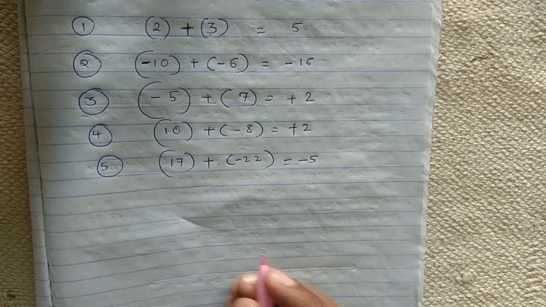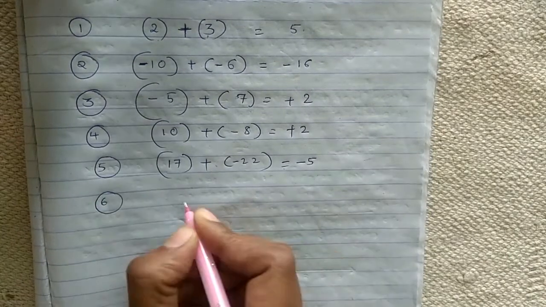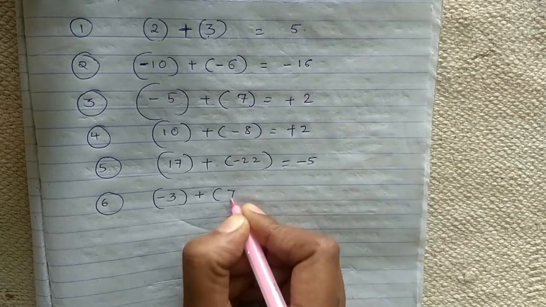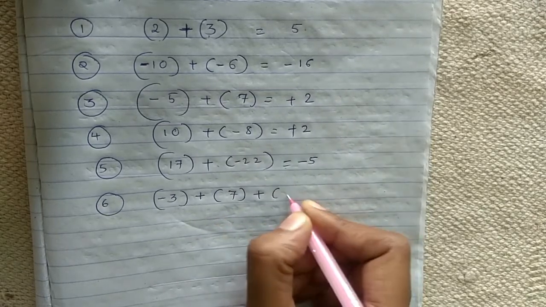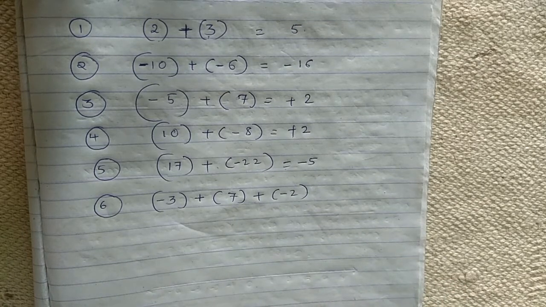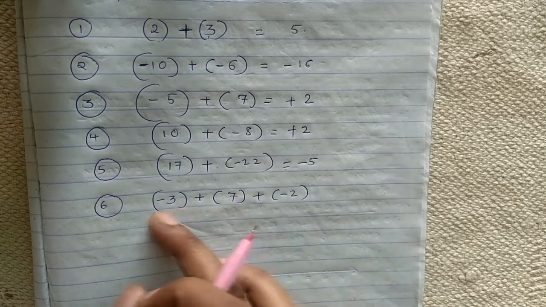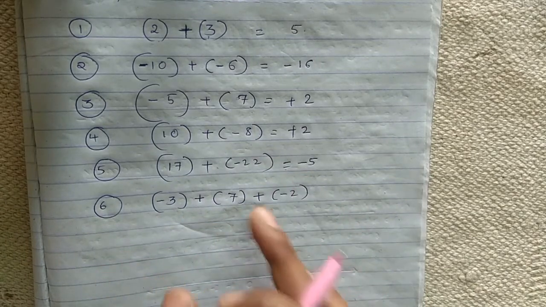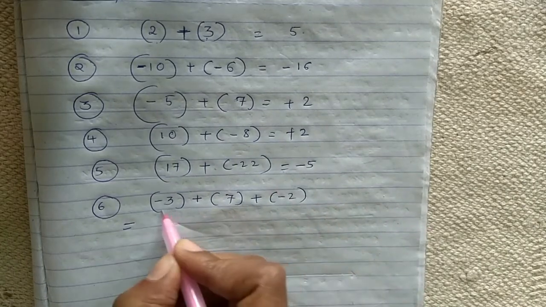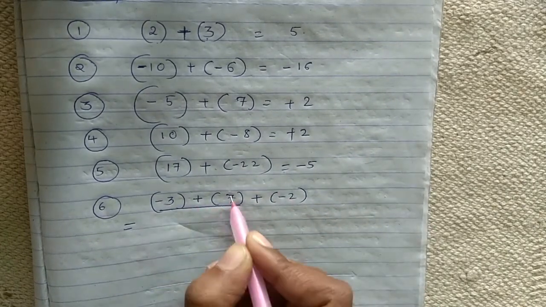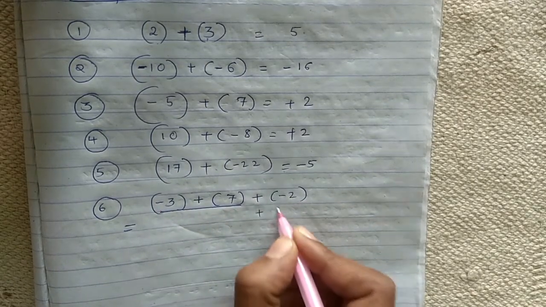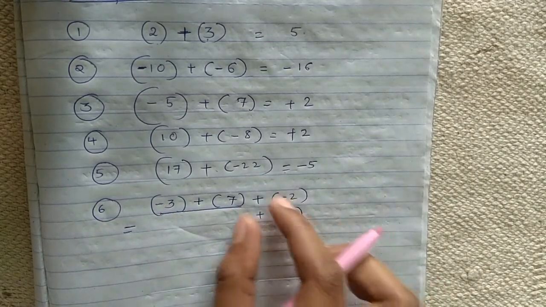Now we will take some examples where we have more than 2 integers. Let us take minus 3 plus 7 plus minus 2. So when we have 3 numbers, naturally natural numbers, what we'll do? We will pair any 2 numbers, and that answer we will add with the third. So same here you have to do. You can take any 2 integers. So I would like to take these 2 integers and I will operate these 2 integers. One is minus, one is plus. This plus minus 2 we have to keep as it is. We have not added this.